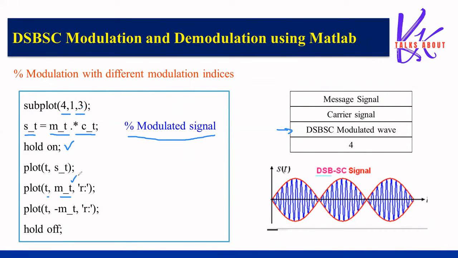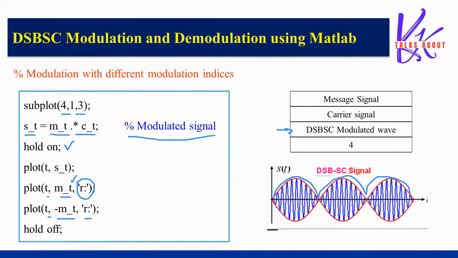Which message signal is this? Positive half of your message signal I am representing in red color. This colon represents the dotted line. So r colon represents we want to plot this positive half in dotted line, that too in the red color, and plot t comma minus m of t comma r,